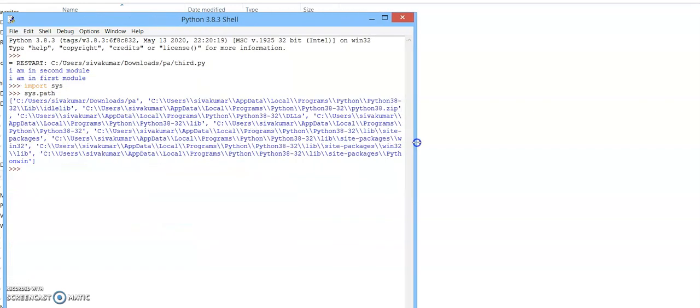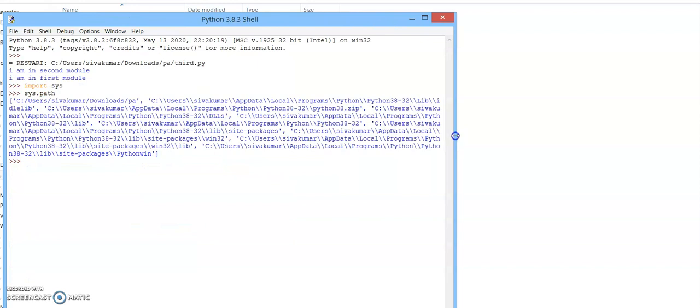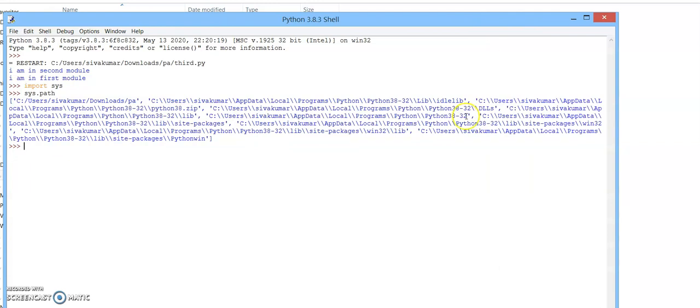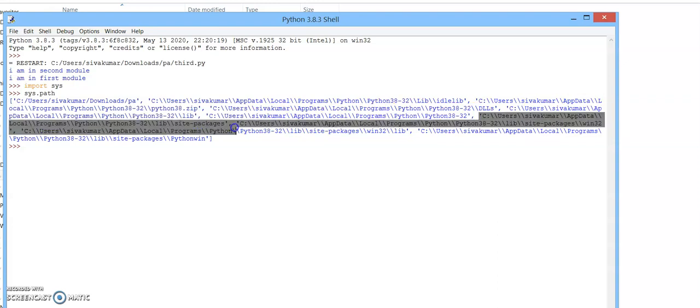See here, site-packages. Whatever package you create, you have to install it by using the pip command, or you can just paste it in the site-packages folder. Under that we need to install the packages which you have created.